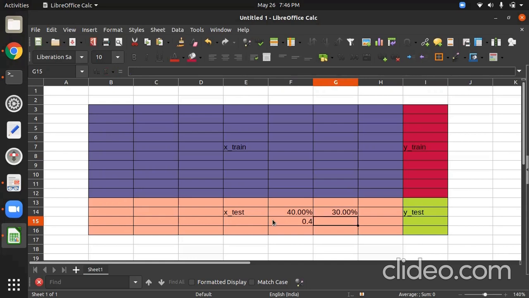And 30% is 0.3. When you take test size 40%, the train size automatically becomes 0.6. When you take test size 0.3, meaning 30%, it automatically becomes 0.7. Again, you can take a screenshot regarding this one.